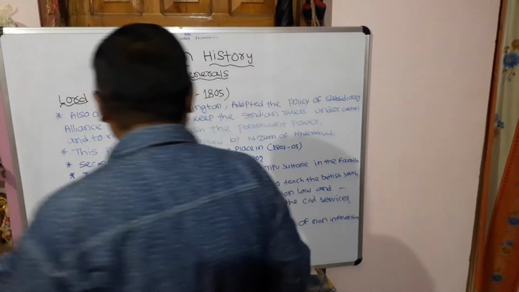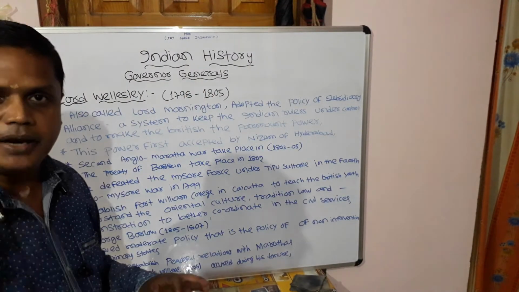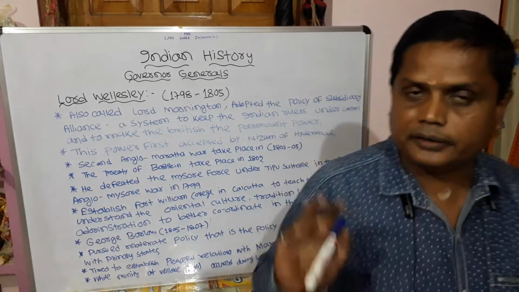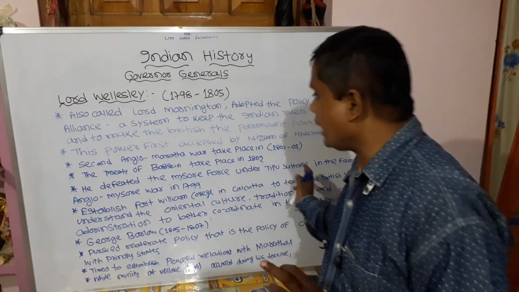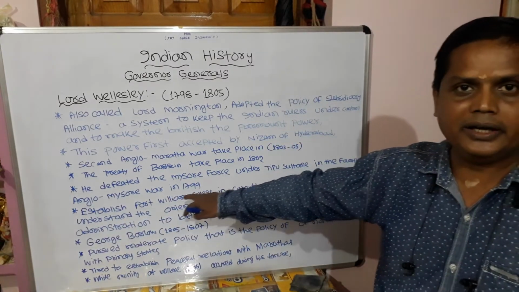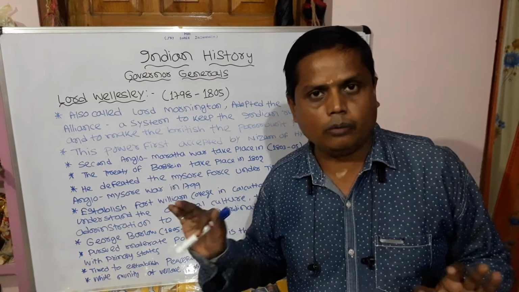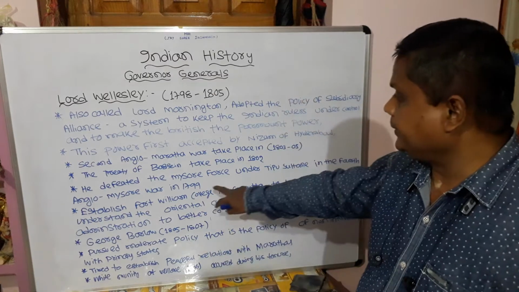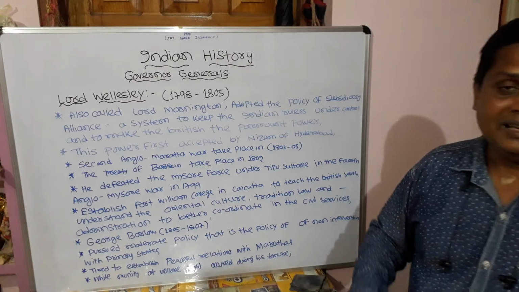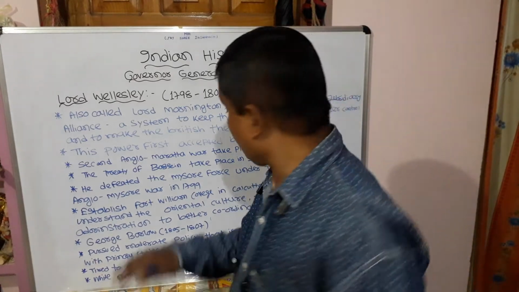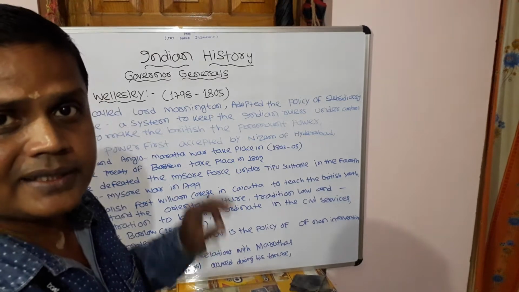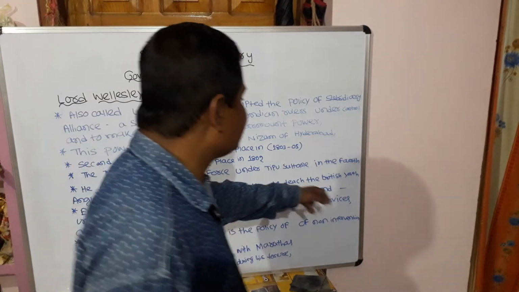Next, he defeated the Mysore forces under Tipu Sultan in the Fourth Anglo-Mysore War in 1799. Next, he established the Fort William College in Calcutta to teach the British